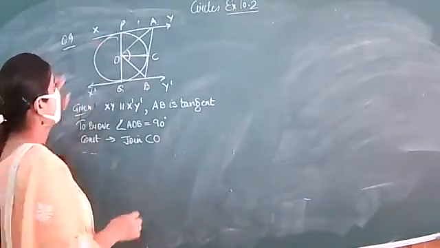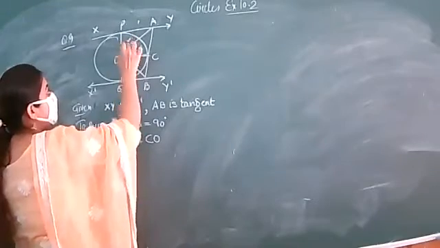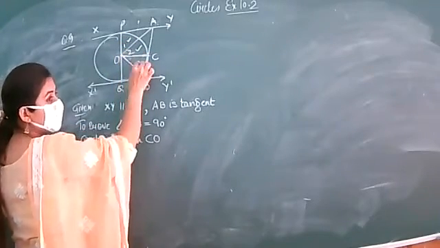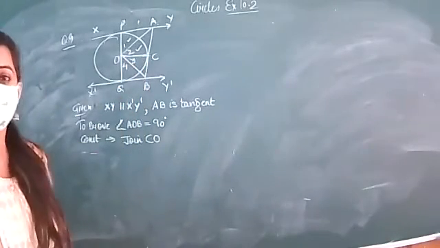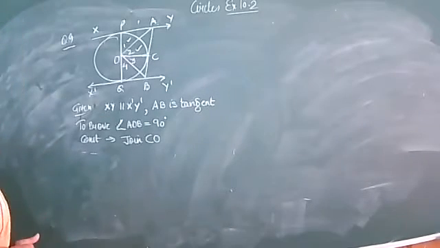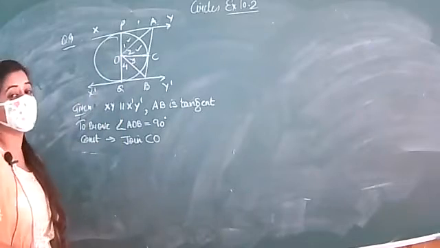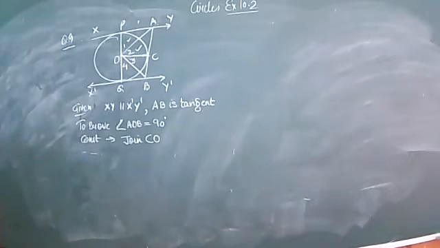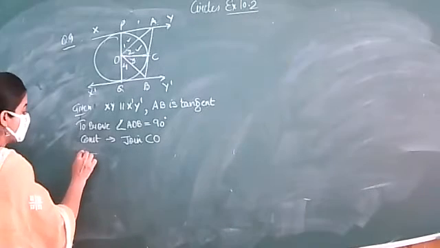Now, if we prove these two triangles congruent, then angle 1 is equal to angle 2, and if we prove these two triangles congruent, then angle 3 is equal to angle 4. From here we will show that the sum of angle 2 and angle 3 is 90. For this, firstly, let's prove these two triangles congruent. They can be proved congruent by 2 or 3 rules, and you can use any of the rules you feel comfortable with. So, proof.